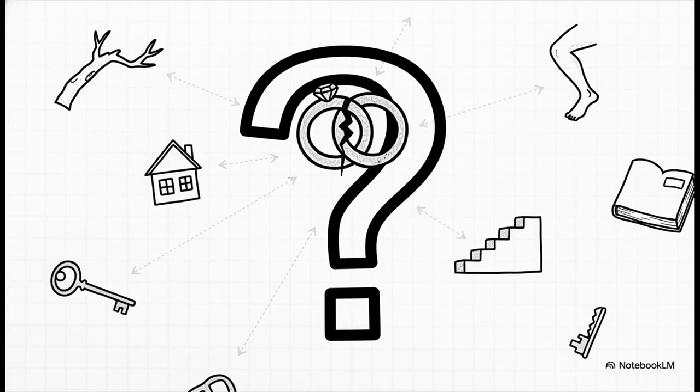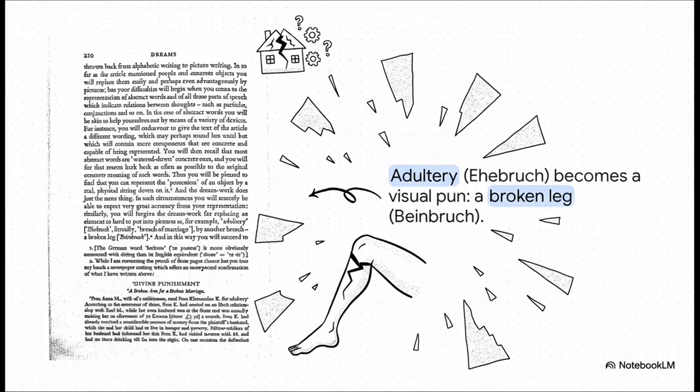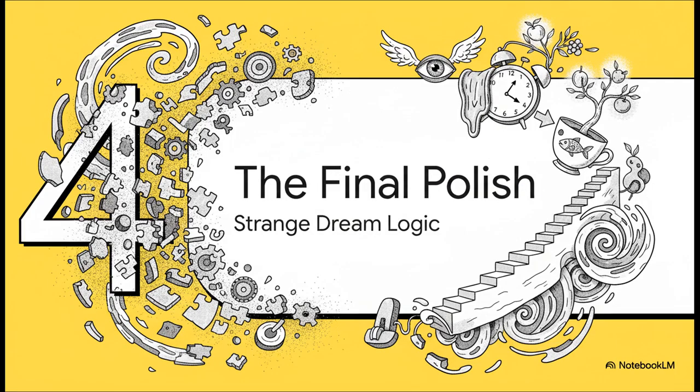All right, let's take a more complex example. How in the world does the dream work show an abstract idea like adultery? It can't just put up a sign that says, adultery. So here's how it solves the puzzle. The German word for adultery, Ehebruch, literally translates to marriage break. The dream work hears that word break, and it represents it with a very literal, visual image of a break, like a broken leg, which in German is Beinbruch. It finds this little verbal bridge to create a powerful visual symbol. It's pretty genius, actually.